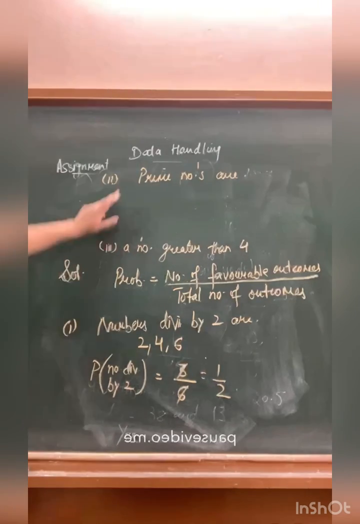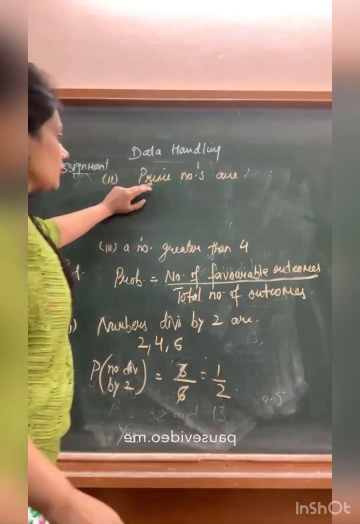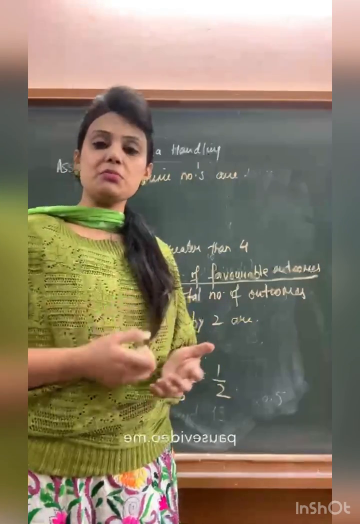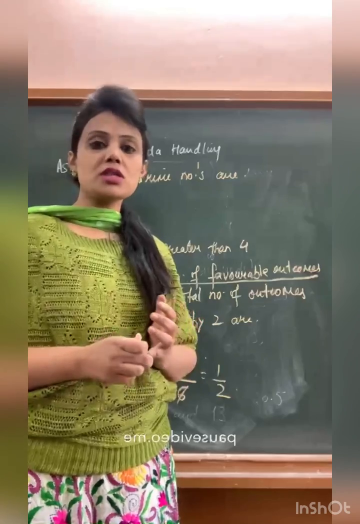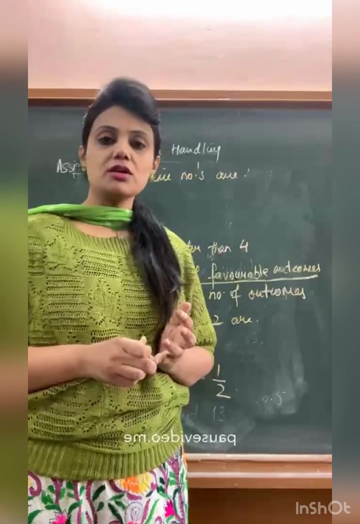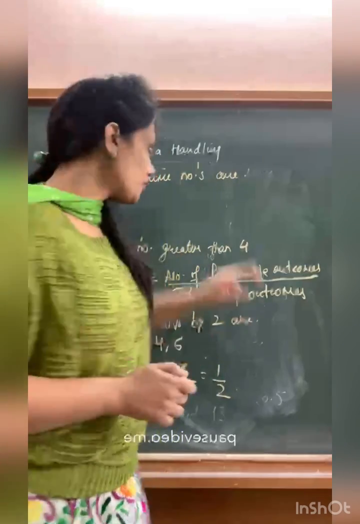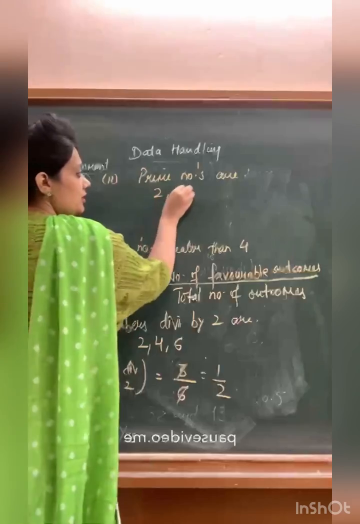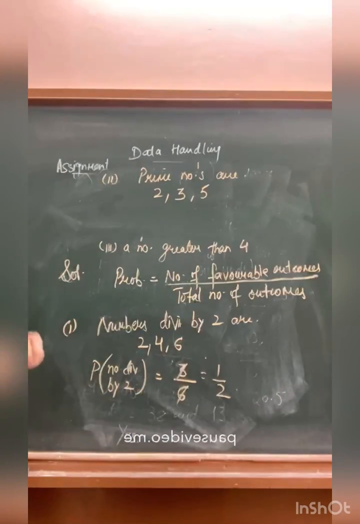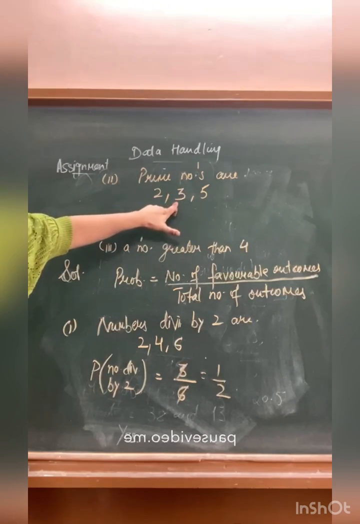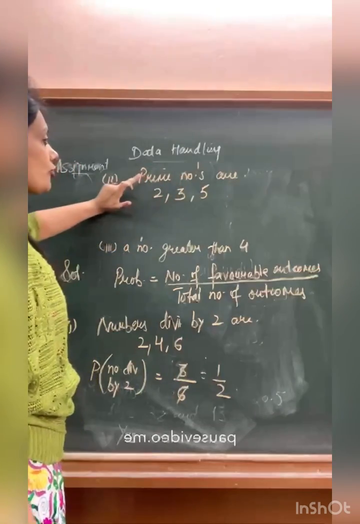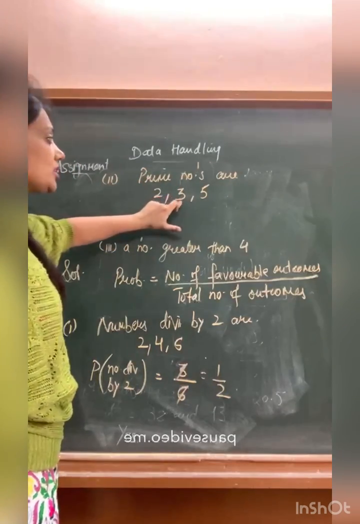Now the second part is that we have to tell that when we throw a dice, what is the probability of getting the prime number. Now students, from 1 to 6, first of all you should know what are prime numbers from 1 to 6. Which are the prime numbers? Number 2, then number 3 and number 5, right? 1 is neither prime nor composite, 2 is prime, 3 is prime, then 4 is not prime, 5 is prime and 6 is not prime. So from 1 to 6 the prime numbers are 2, 3 and 5.